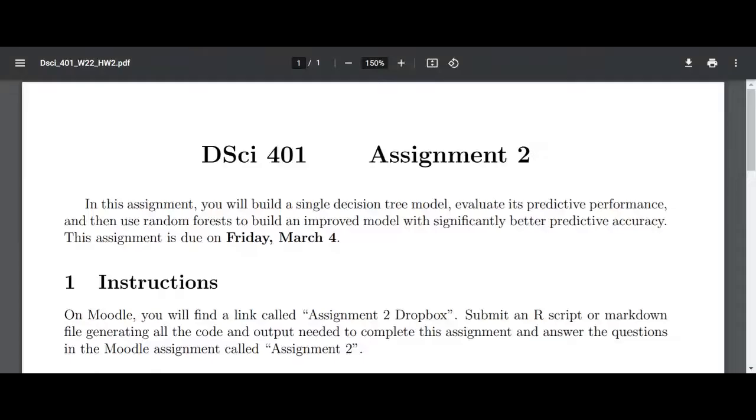In this recording, we're going to discuss assignment 2, which is an assignment on decision trees and random forests. In the assignment, what we'll do is build a model using a single decision tree and evaluate the performance of that model. And then we'll build an improved model by using random forests and see that it has, hopefully, better predictive accuracy. The assignment is due on Friday, March the 4th, and we'll discuss submission of the assignment now